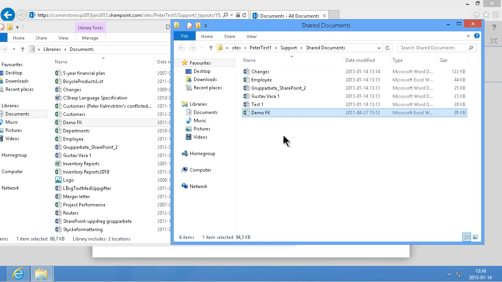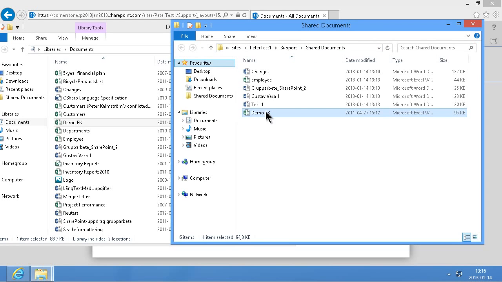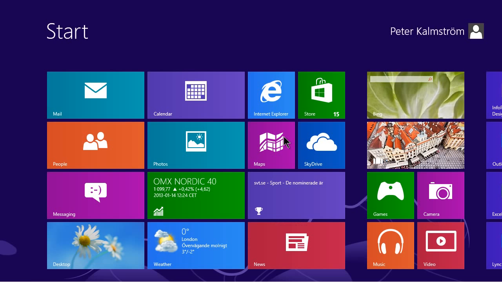This URL here now, I can also add to my Windows Explorer favorites by right-clicking here, add current location to favorites, shared documents. And this Favorites tab here is the one used by all Windows applications. So if I simply press the Windows key here and search for Paint,